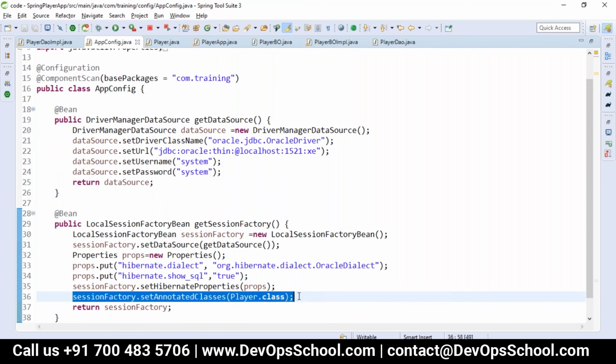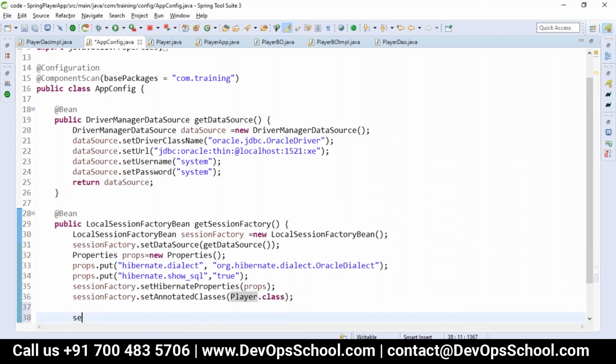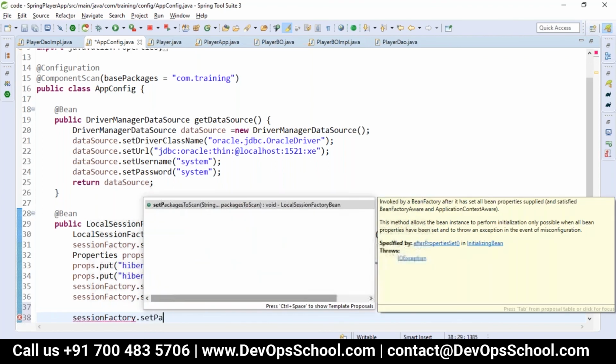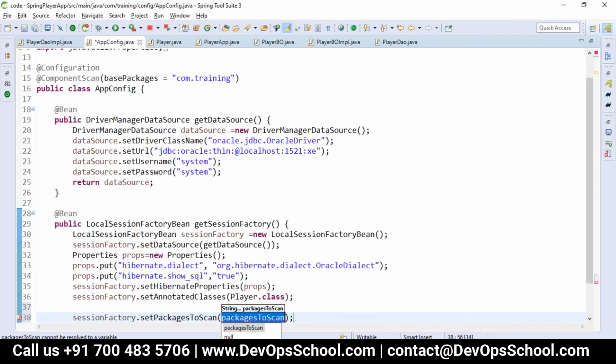If you have a number of classes, for suppose some 20 entities, do I need to register one by one? Not required. In that case, we can write set packages to scan.